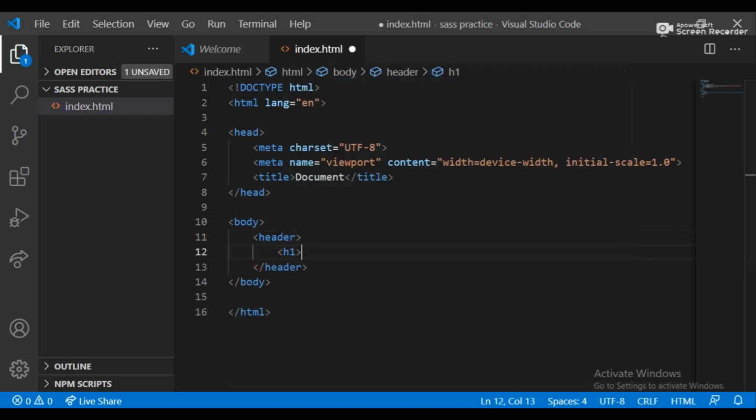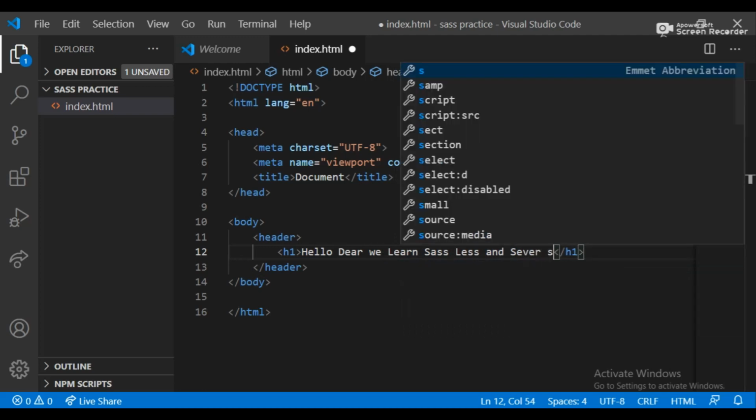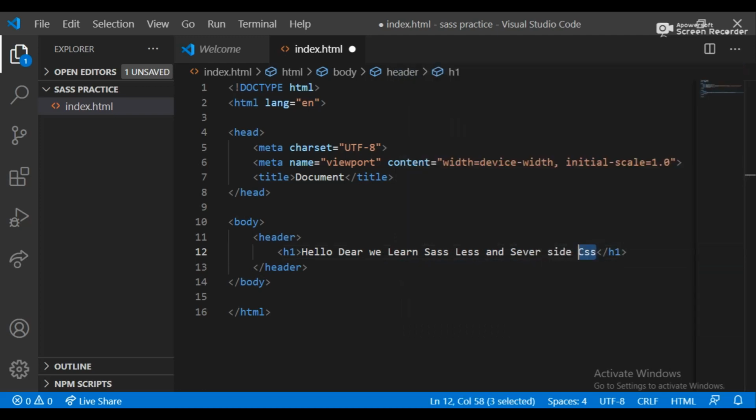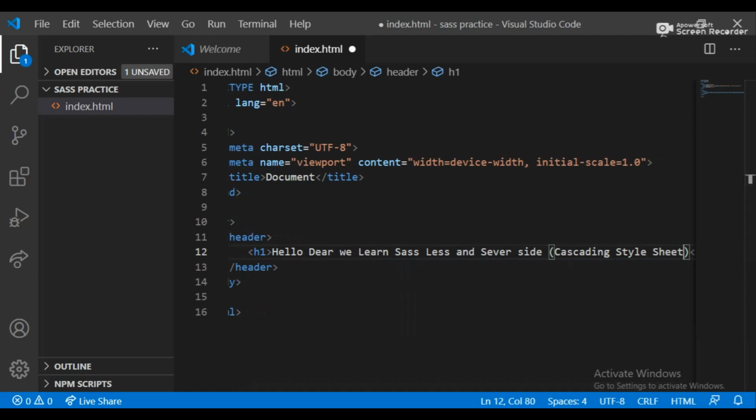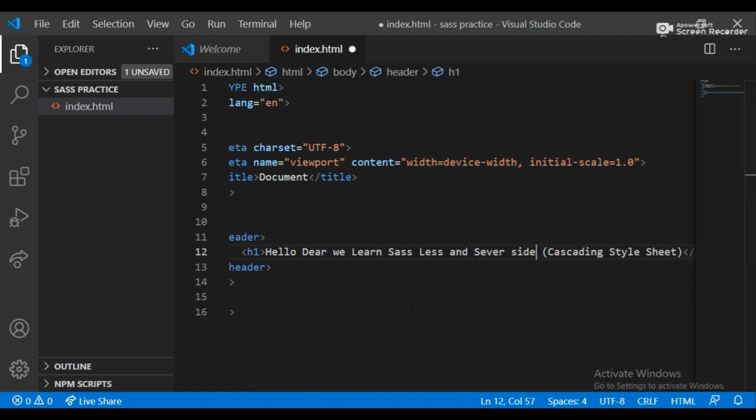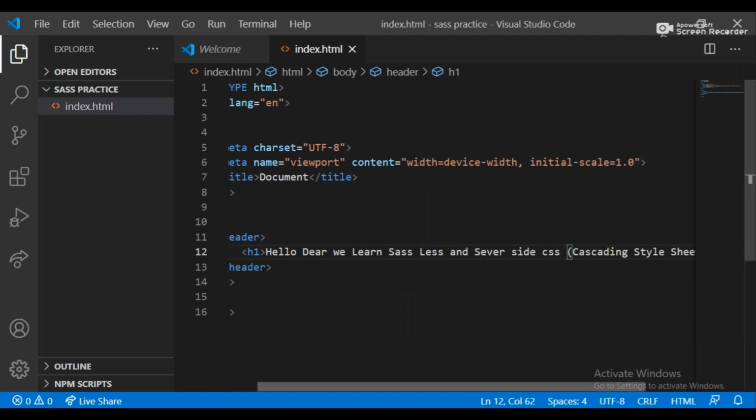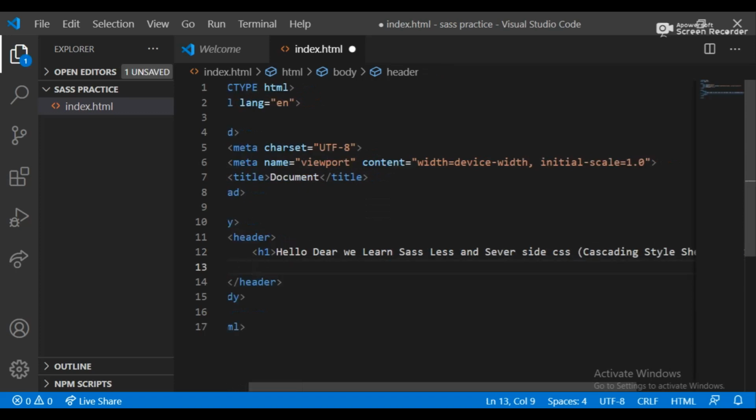So actually SASS is a server side, you can say the last server side cascading style sheet. So about SASS, you need to understand the cascading style sheet. In this video I'm going to teach you each and every parameter about this SASS framework. It's a style framework, and you can use it for your enterprise application. If you want to create a web application and add some styles in the parameter form, you need to use this SASS framework.